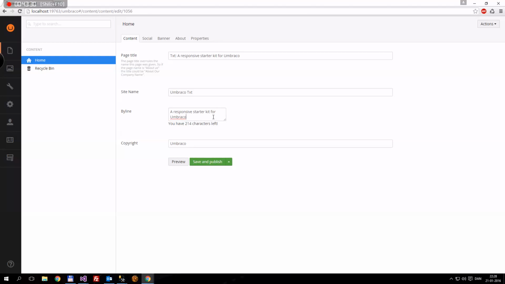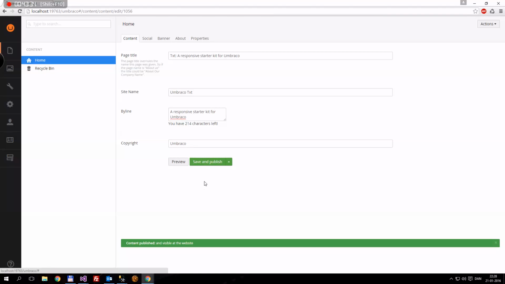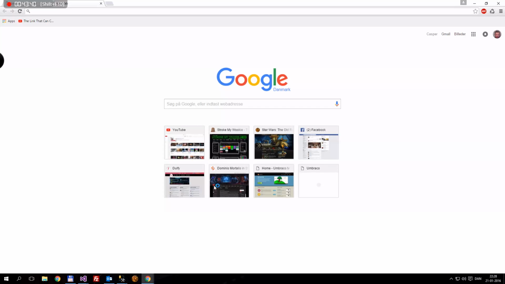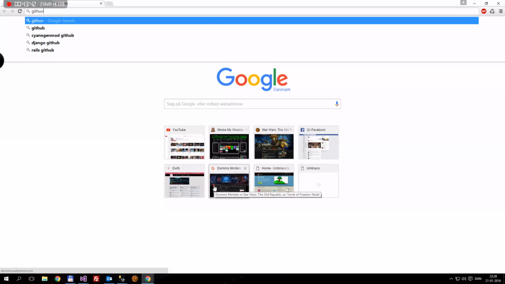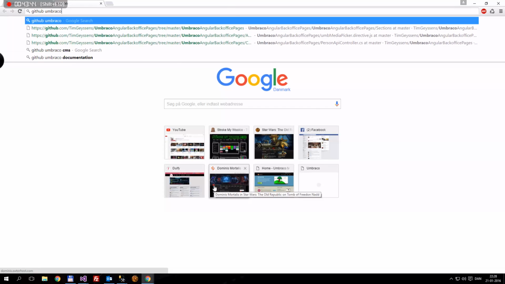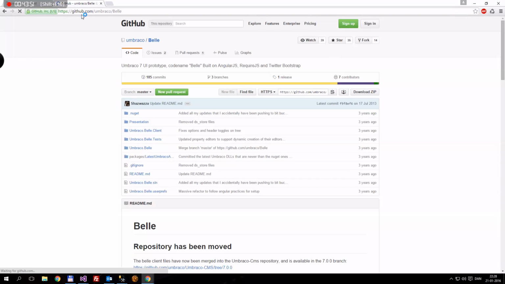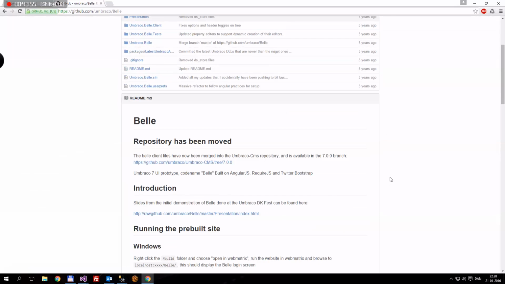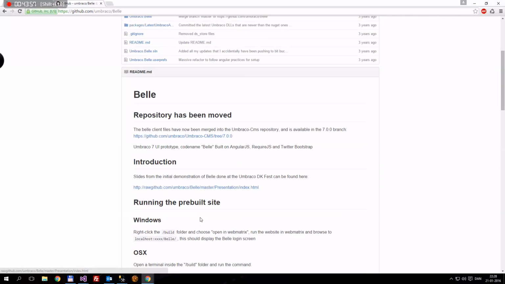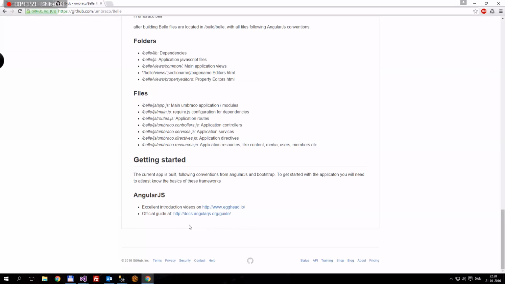So that is just great, and you can do loads of different things with this. And a quick thing here, you're probably thinking, how do I find all this information? What you can do is you can go to GitHub, GitHub Umbraco, and then just Bell. That's the version name of Umbraco 7. Just click that here, and we'll go to github.com/umbraco/bell, and I do believe there is a place to have a look at all the